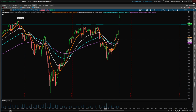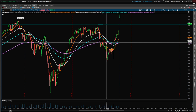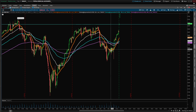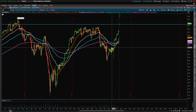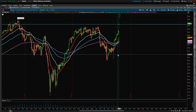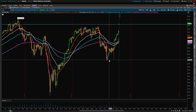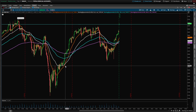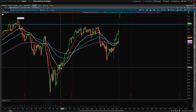Below 5565, I'll go a step further, we'll probably come down to 5540. Get us below 5540, very possible we drop down to 5500. If 5500 breaks, we're going to be exposed back down to 5450. Below 5450, again, same thing. We're just retracing what the previous higher lows were, and we're going to be exposed to 5400. Now, if 5400 breaks, we're focusing on the previous higher lows we were making to the upside,